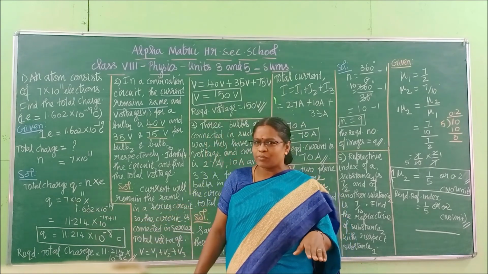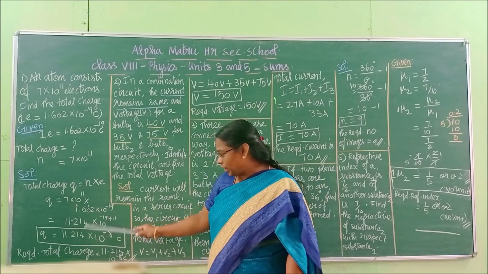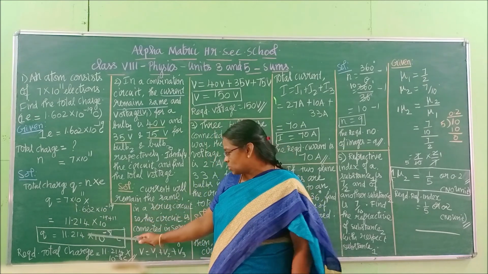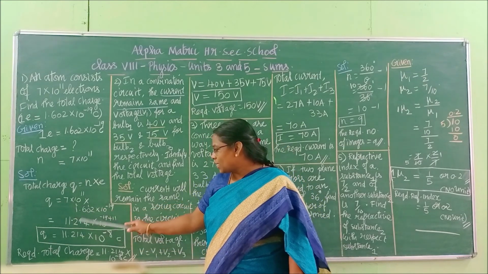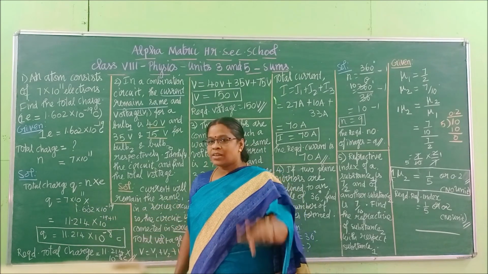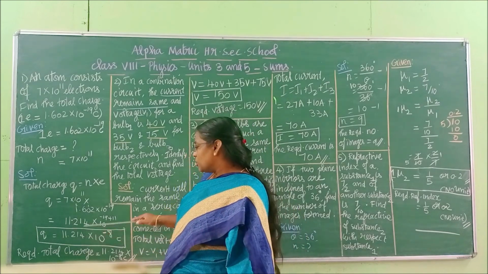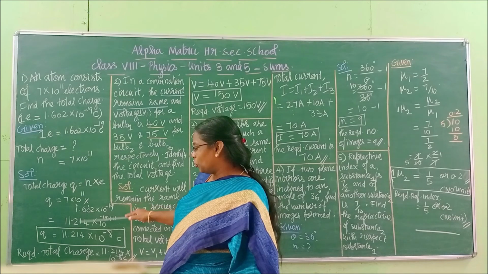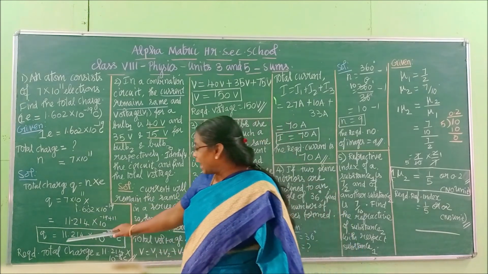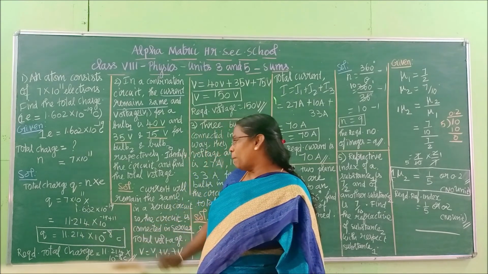So no need for your rough column. Straightaway you multiply here. 7 2s are 14, remainder 1. 7 zeros are 0, 0 plus 1 is 1. 7 6s are 42, 2 here, remainder 4. 7 1s are 7, 7 plus 4 is 11. So I have written it here. From the right you have to place the decimal after 3 numbers. So the answer will be 11.214. But what about the power here?